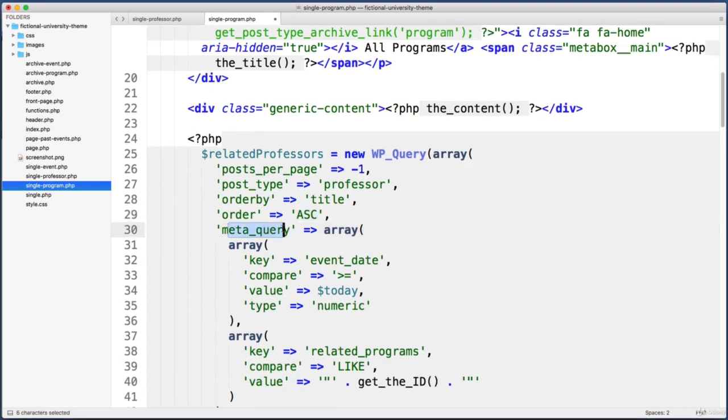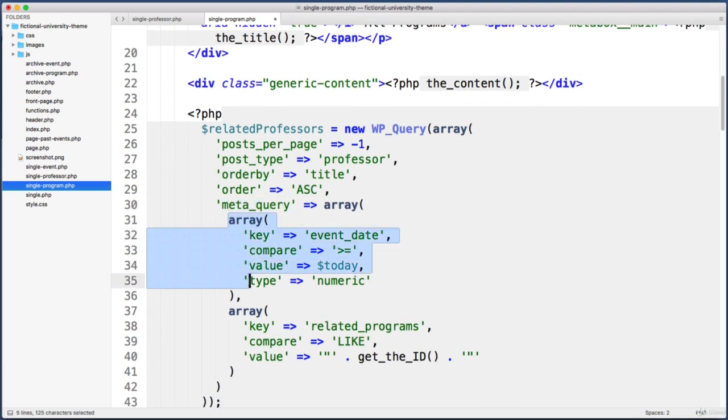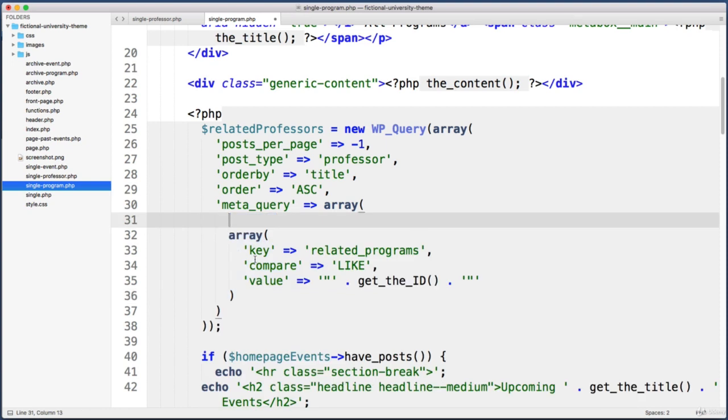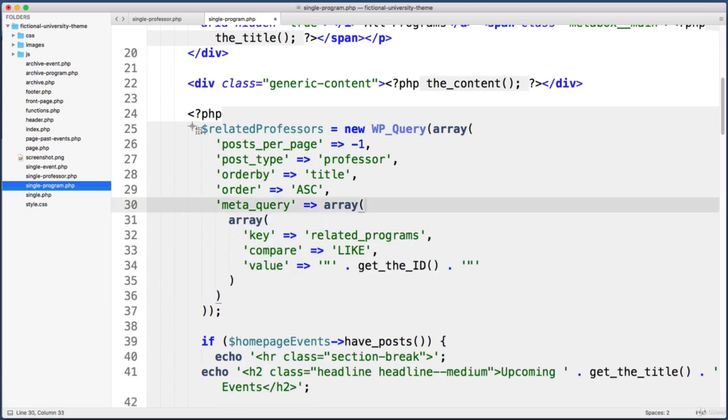And when it comes to the meta query, remember we have two filters here going on that we used to pull in upcoming events. So filter 1, filter 2. In this case, when it comes to pulling in professors, we do not need this first filter that has to do with the date being greater than or equal to today. So let's go ahead and delete this first filter. So just select from the beginning of the word array all the way to the comma right after it. Okay, so at this point the custom query looks good,